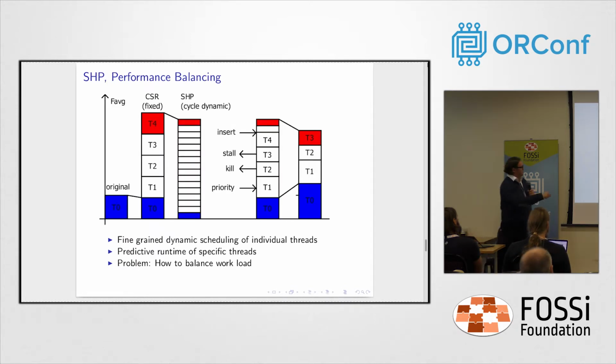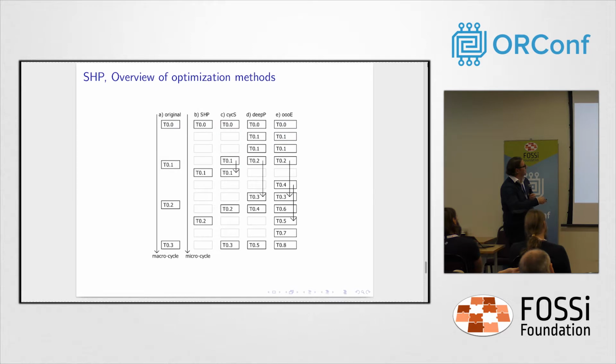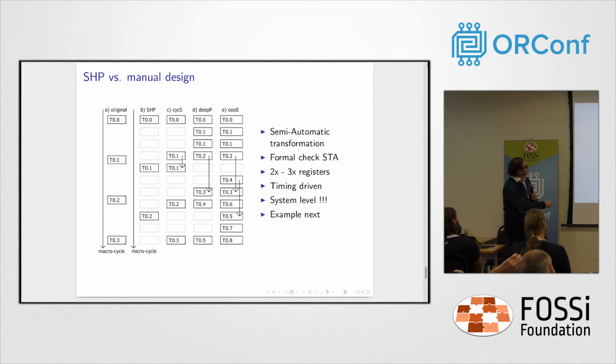So the point is that with C-slow retiming, you have an original design with a fixed order of threads, and with system hyperpipelining, you have more threads, but the key is that you can dynamically switch between them, and you can have performance balancing. So there are a lot of additional methodologies to improve based on that: cycle scaling, depipelining, and out-of-order execution. This is the original design, now you have system hyperpipelining, and you can have more threads. You have optimization methodologies to fill